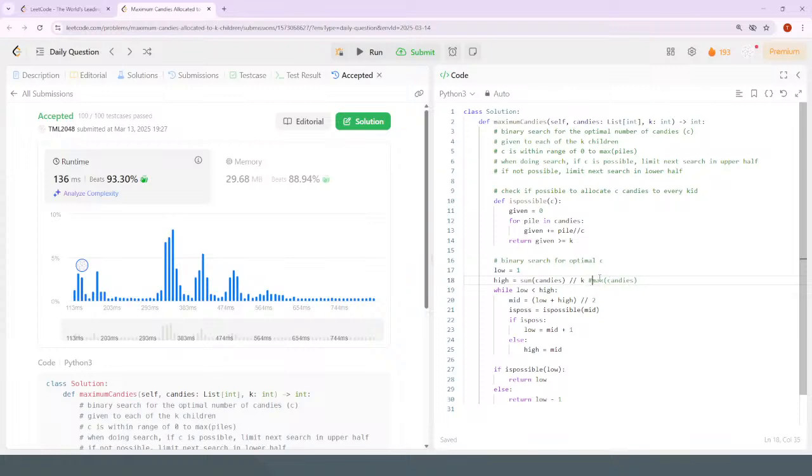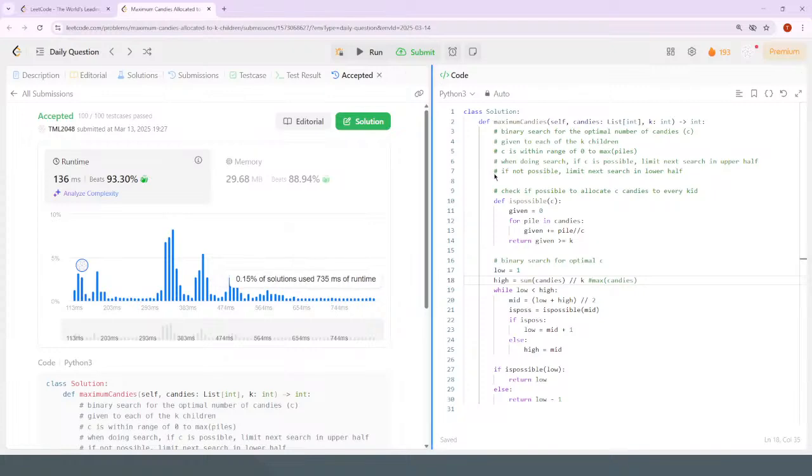Really? I guess if you start with the actual maximum, you're shaving off like 1 or 2 passes, I think. I'm not sure why it'd be that much of an order of difference. All right, but in any case,